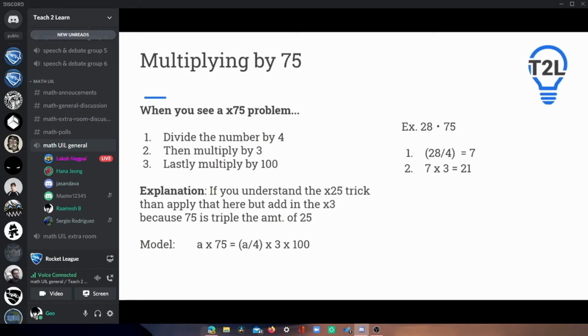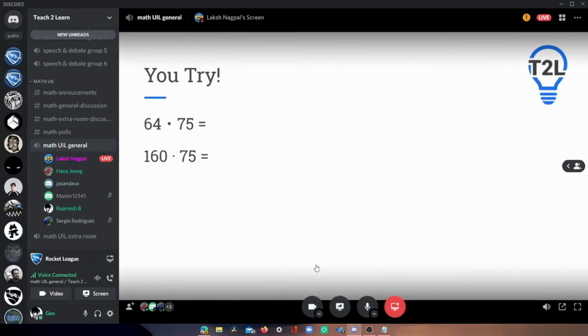So here are some examples. The first one is 64 times 75. Do you know this one? Oh, try. 64 divided by 4 times 3. 12000. Here, is it okay if you mute yourself right now? 除以4等于10。14乘以3等于。